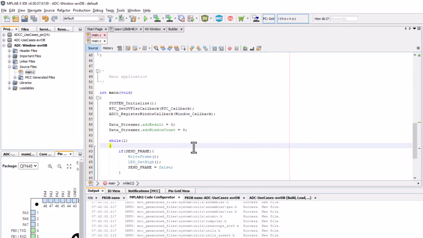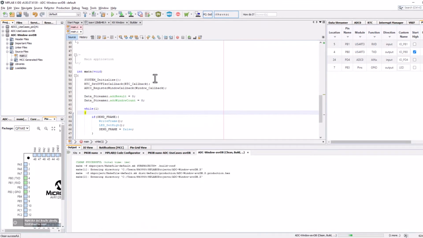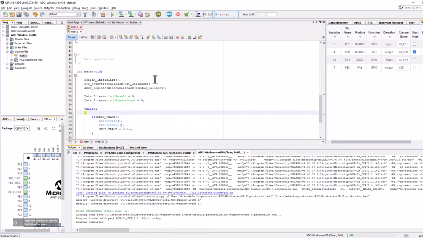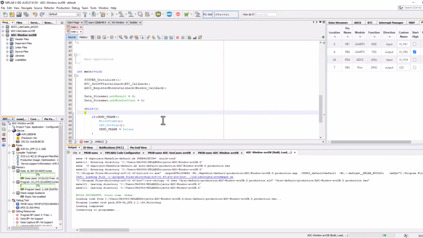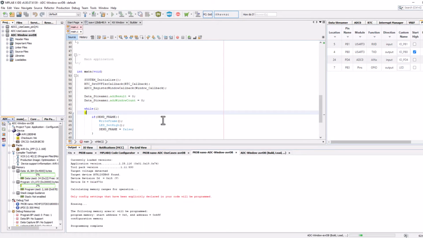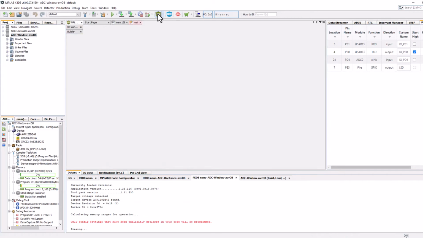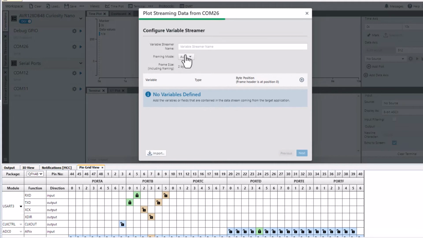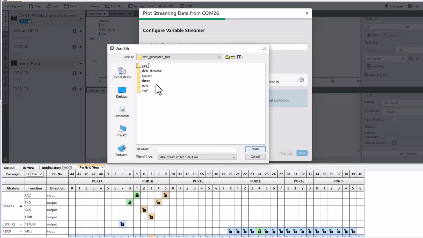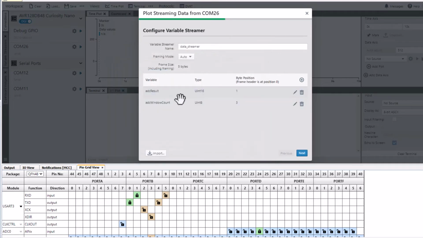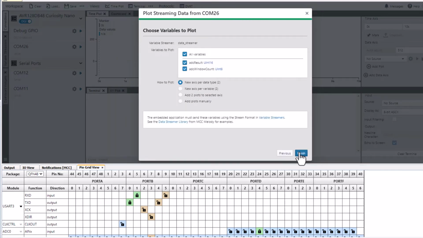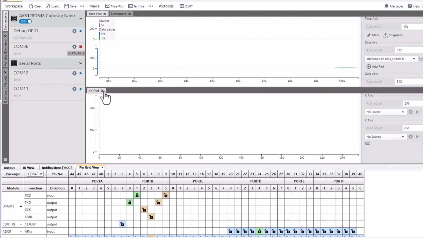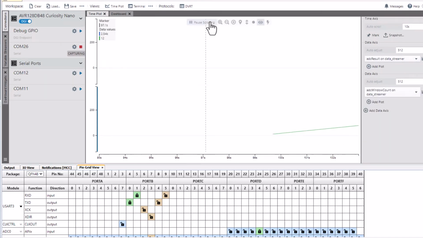Here's our main. No issues with compilation. Let's program. Okay, give ourselves a bit more space for the data visualizer. So in the data visualizer, importing, giving ourselves more space,